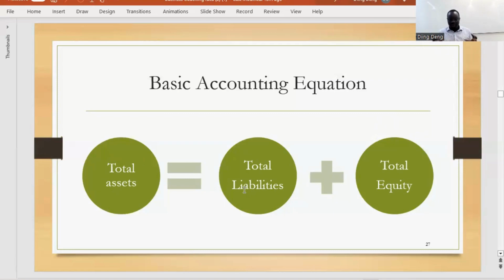And all the figures we have there, all the accounts we have in the balance sheet, they come from different steps of the accounting process to where we prepare the financial report. Start with the documentation as I already explained to you, and we have to go through the process until we